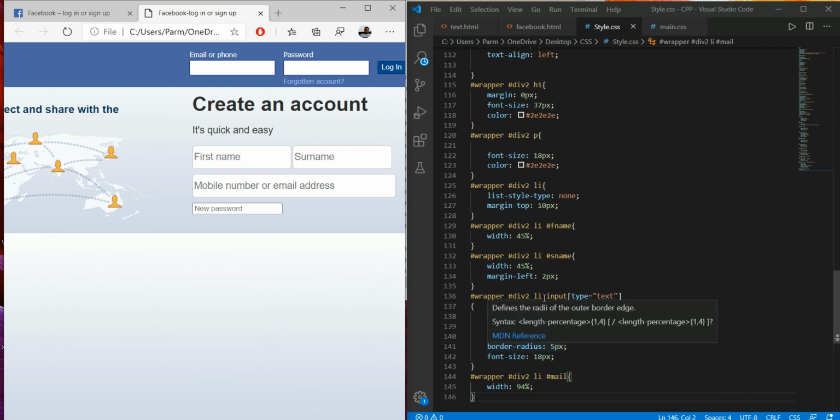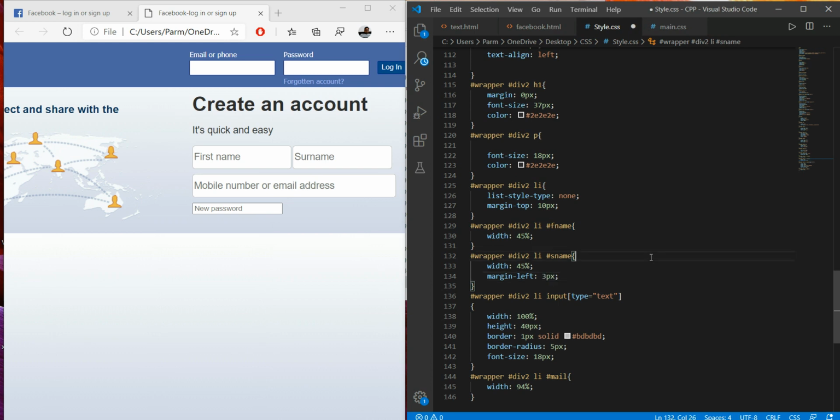What we can do is increase the space over there to 3 pixels. Refresh it, and I can even set it around 5 pixels, Ctrl+S, save this, it's almost equal.